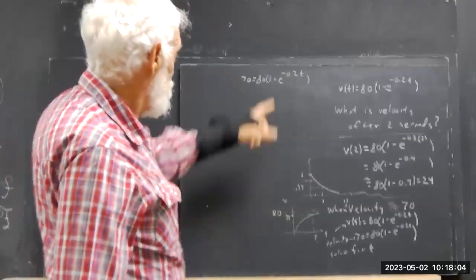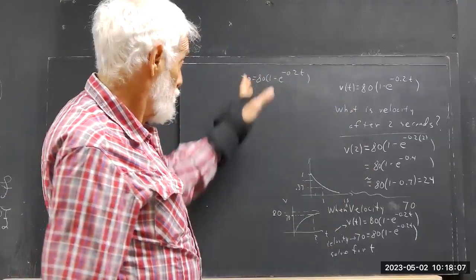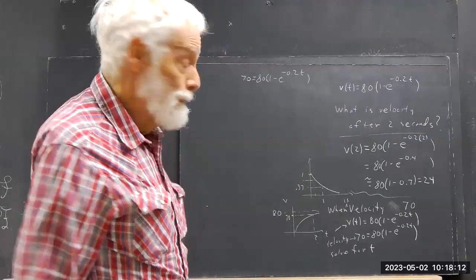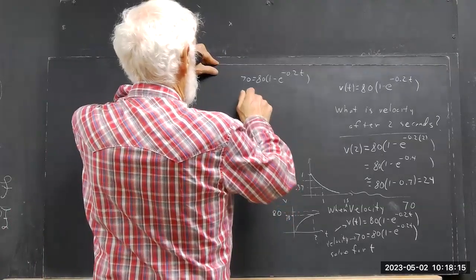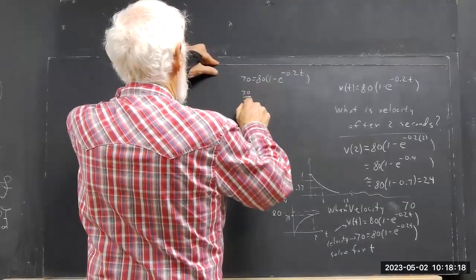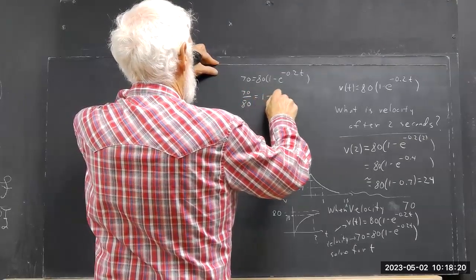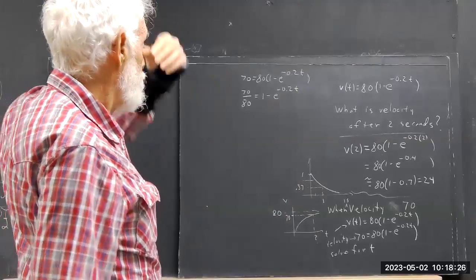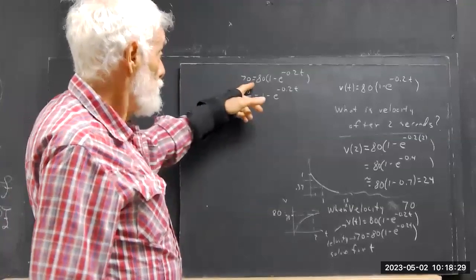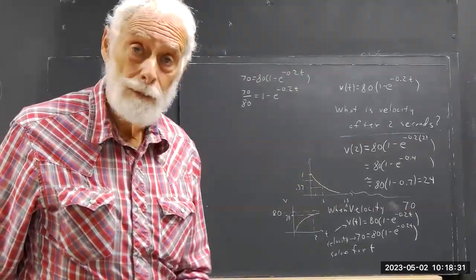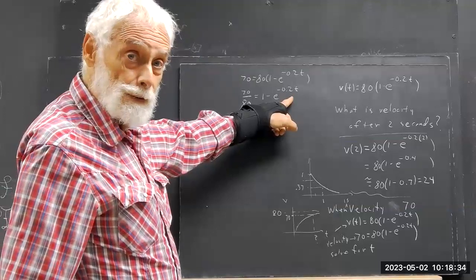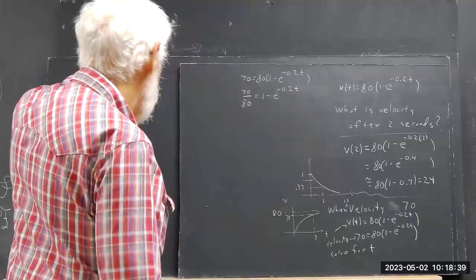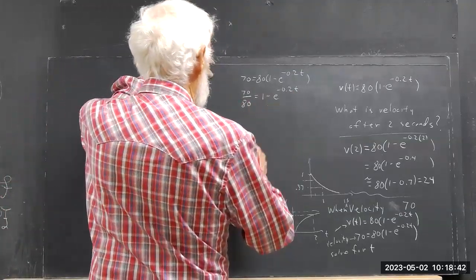There are various ways I could solve this. I could distribute that 80 through this expression, or I could divide both sides by 80. I'm going to choose to divide both sides by 80. If you just distributed here, you'd have another obvious step. What you're trying to do is isolate this t, and you know you're going to have to use a logarithm because it's in the exponent. Well, we do a little more rearrangement, so we get